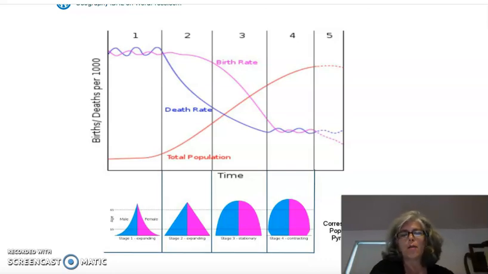So, okay, I gave you a historical perspective of stage 3 in the last video that we had together. However, there are countries in the world today that are in stage 3 of demographic transition. If you will remember, I think it was last week we talked about population density, physiological density, agricultural density, and those numbers give us a lot of information about not only the amount of arable land and whether a country can be self-sustaining as far as food production for itself, but also how much technology or development is available in a society.